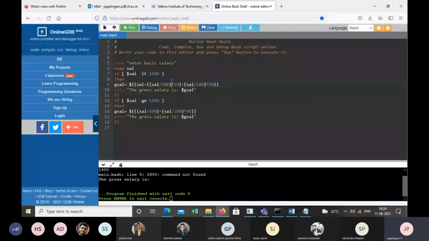Okay. But why are we not getting an output? Is there any other mistake we made? Can you tell me where the mistake in line 9 is?